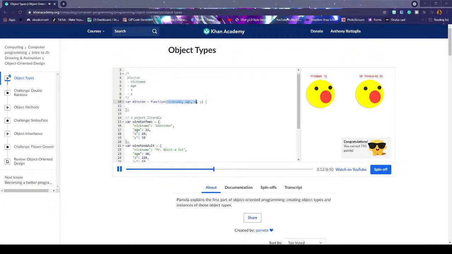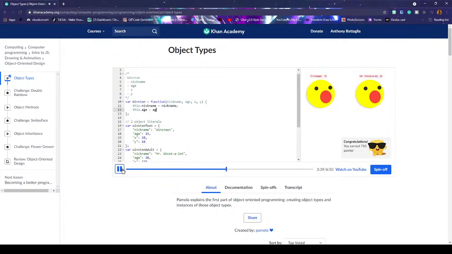Now, once we receive those arguments, we need to do something with them. So we need to actually attach that information to the Winston object. So we'll use a new special keyword called this. And this will refer to the current object instance. So we'll say this.nickname. So it'll say, all right, the nickname property of this object is equal to whatever gets passed into the constructor function, okay? And this.age is equal to the age that gets passed in, this.x